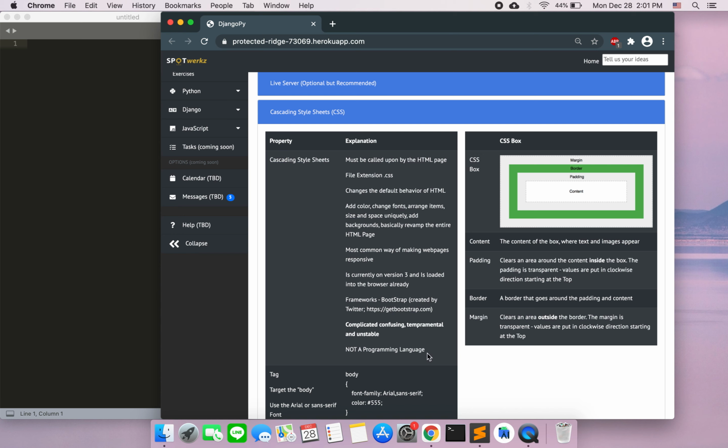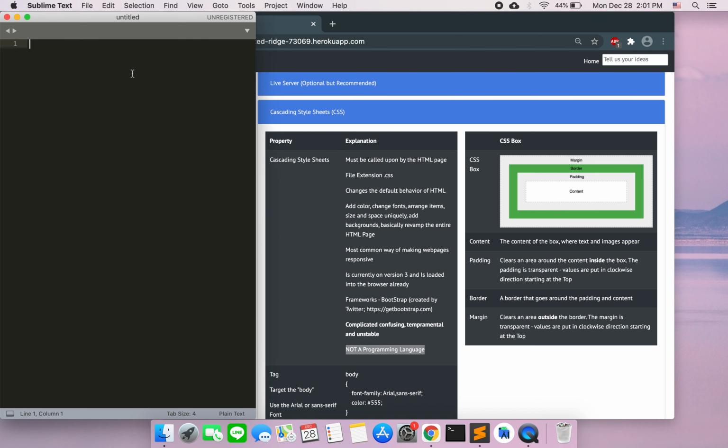So one thing to note, CSS is not a programming language. CSS และ HTML ไม่เป็น programming language. ไม่มี logic gates, ไม่มี if, fors, ไม่มี classes, ไม่มี objects. แค่จำเป็นต้องเขียนว่า what you see is what you get, WYSIWYG. What you see is what you get. That is CSS. So in our text editor in Sublime, ผมมีไฟล์